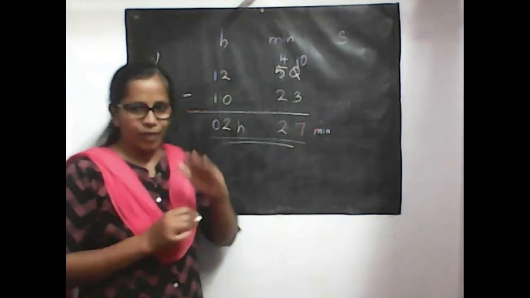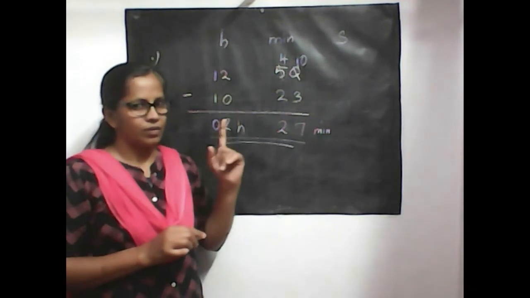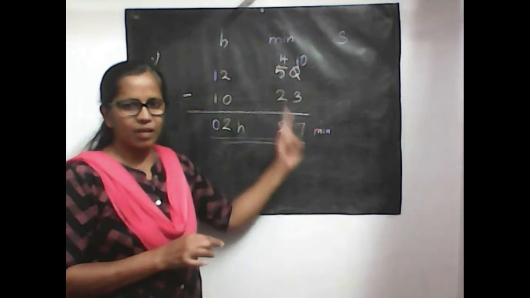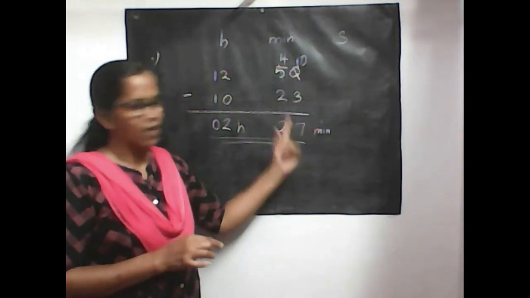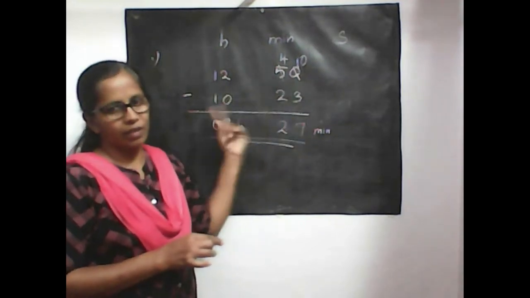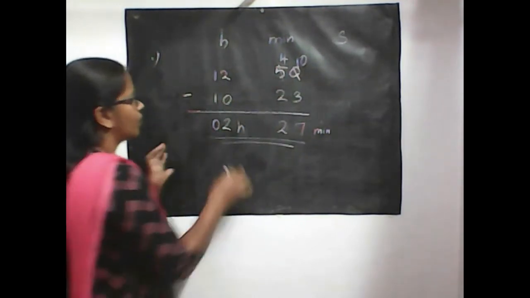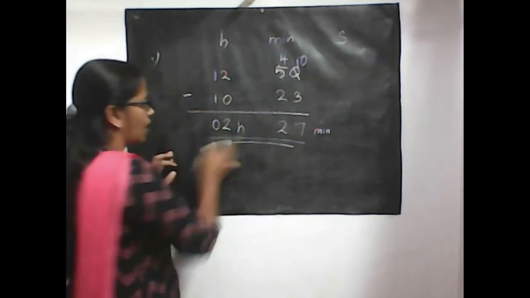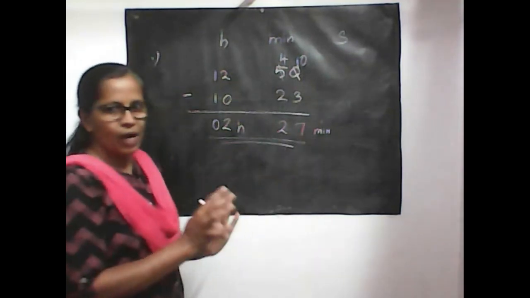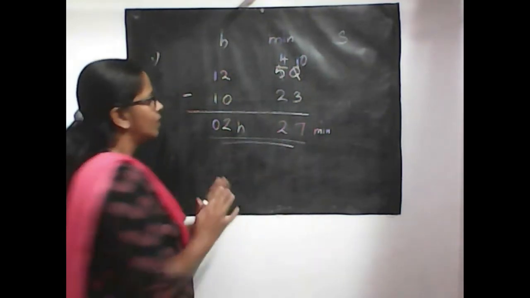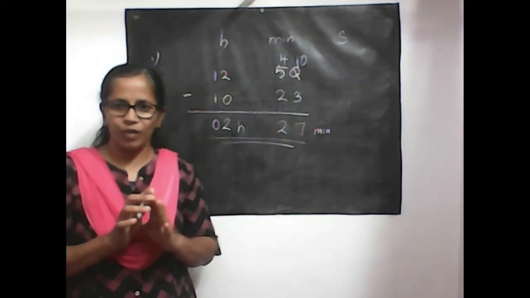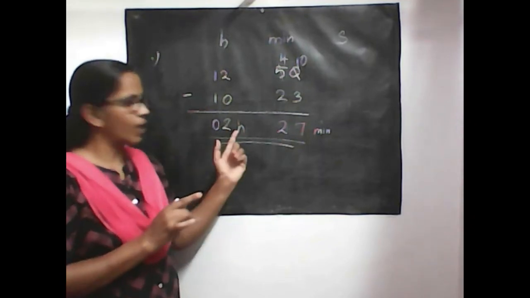Okay, while doing subtraction you should be very careful. You have to think that the number from which we are subtracting should be larger than the number which we are subtracting. That means the number written above should be larger than the number written below. So after doing subtraction, this is minutes, this is hours. Nothing more to do here, you keep the answer as it is. So this is the normal subtraction. I hope you are having rough book and pen with you. Now let us look at another question.